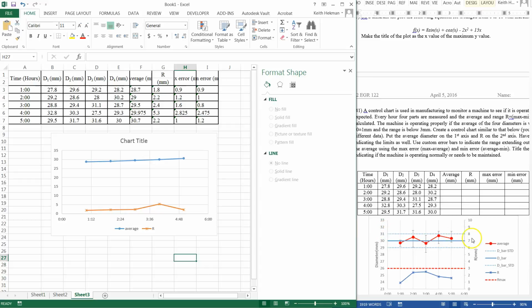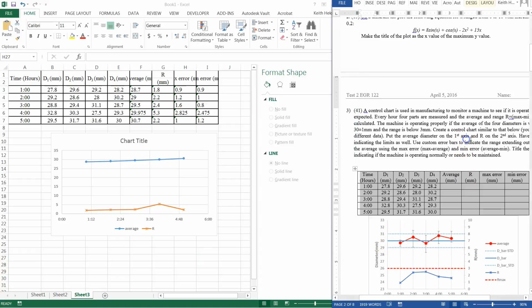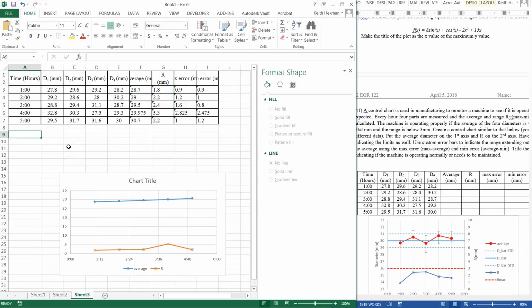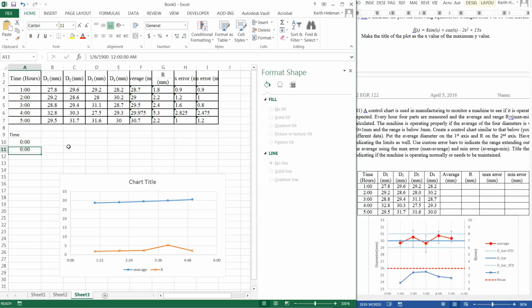Now what we need is lines going across here at the 30 and then the 31 and 29. So that's 30 plus or minus 1. And then another line here at 3. So then we can come up here, and we want those to go from 0 to 6. So we have the x value, or the time, goes from 0 to 6,